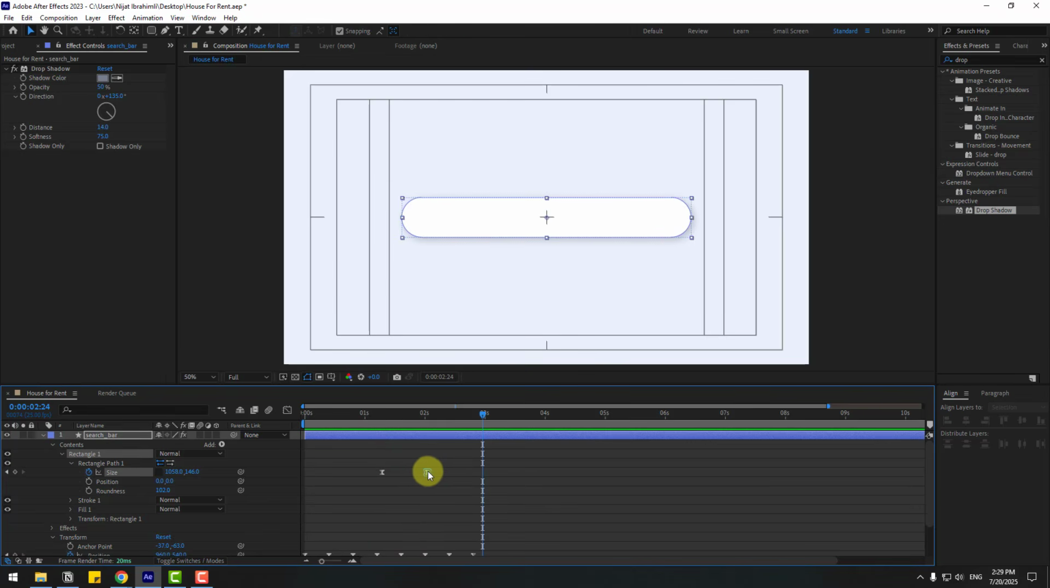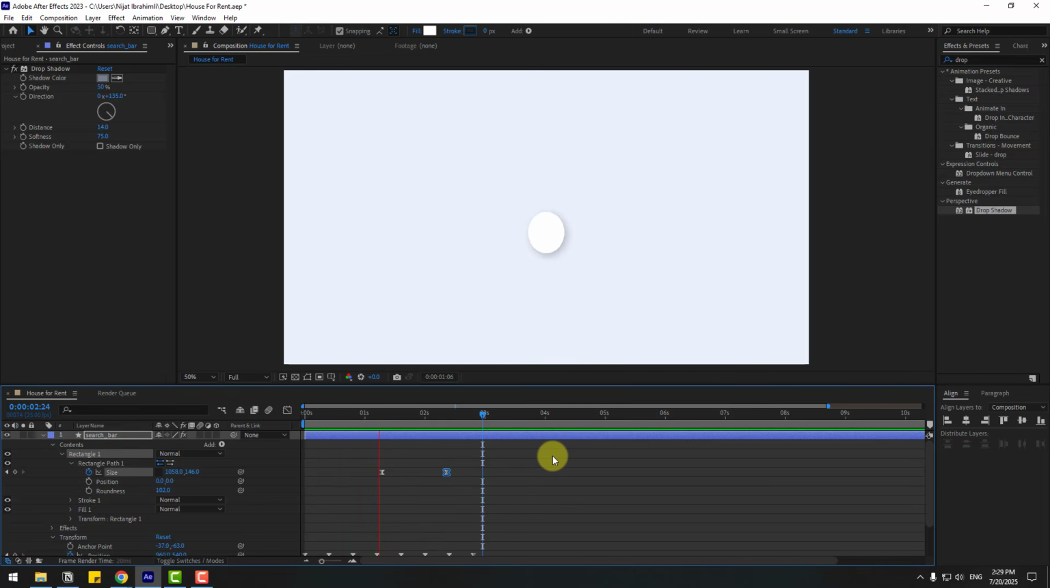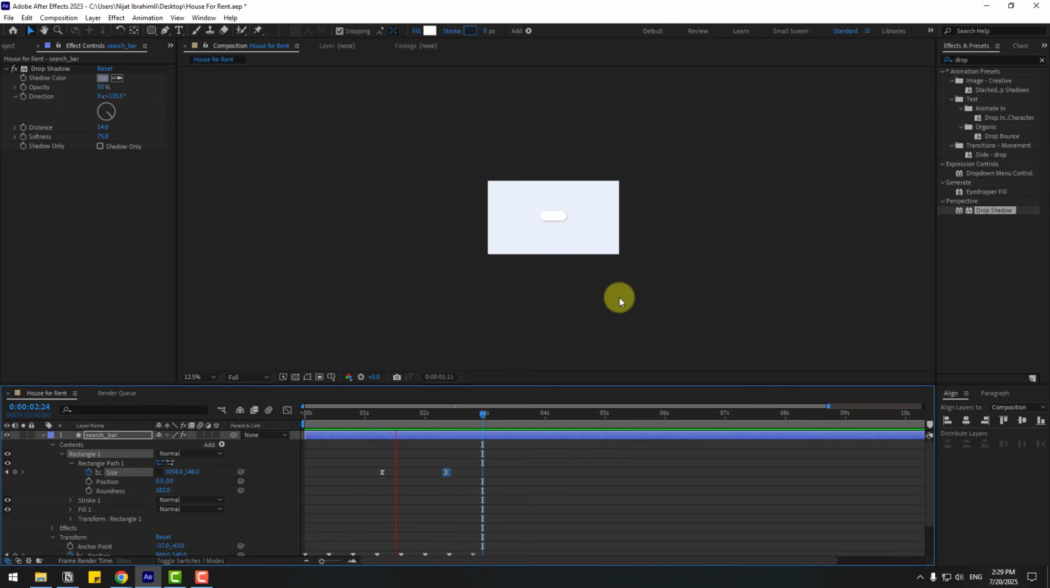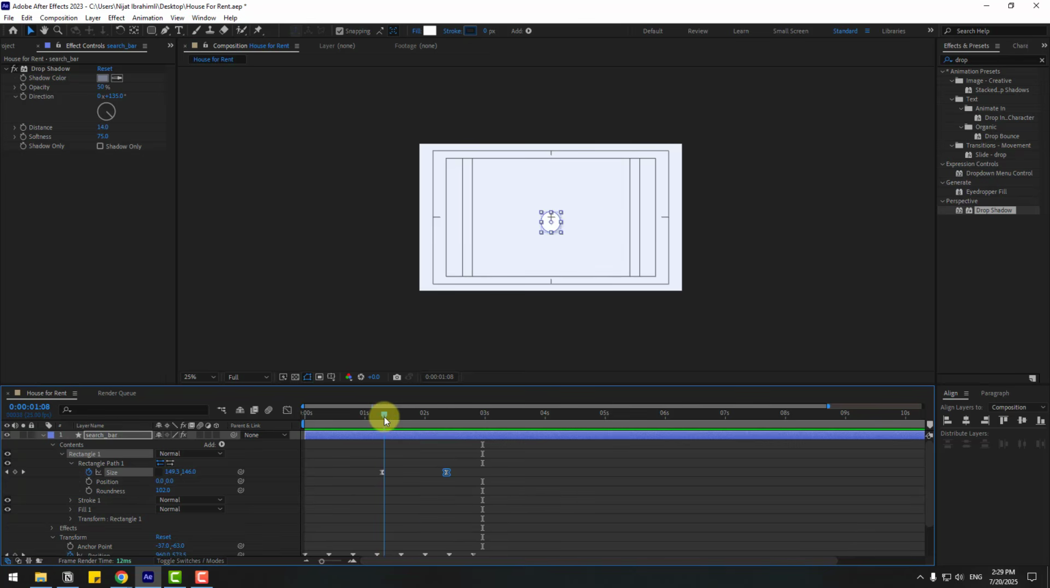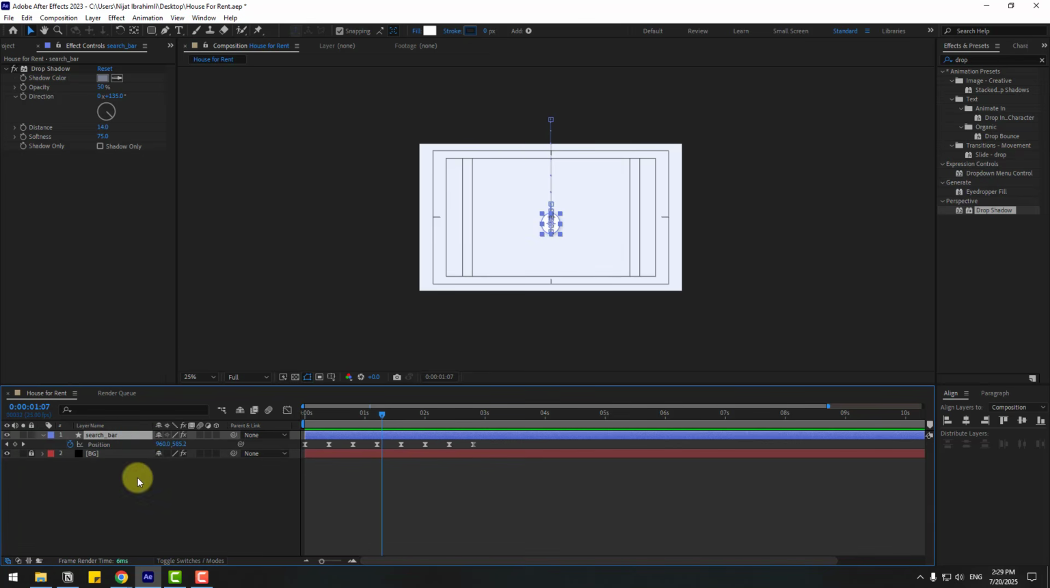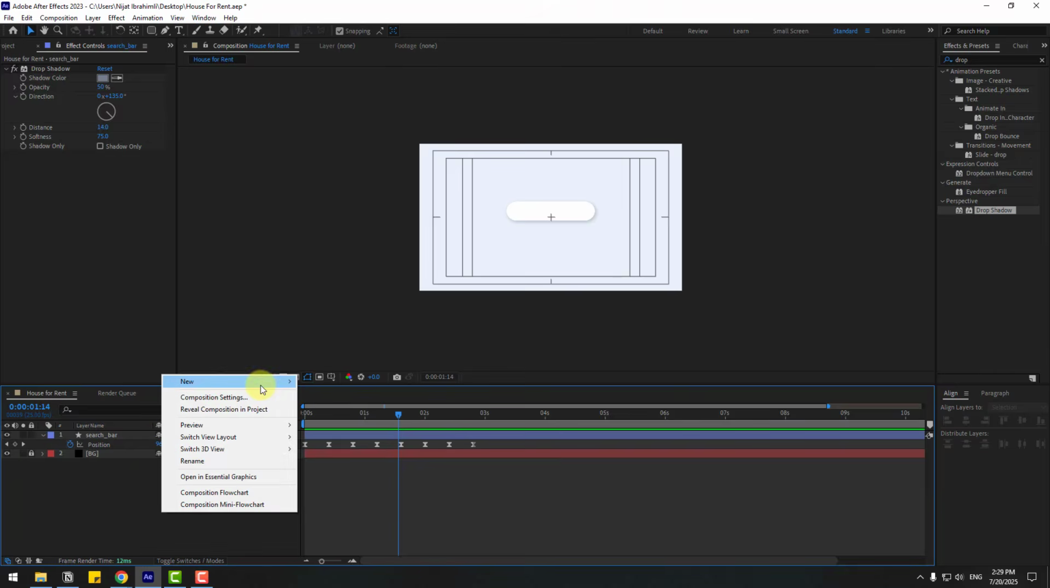Nice. Select last keyframe, move to right. Okay, very good. In this time, go to here and let's press P and let's see timing. Okay, let's create new null object